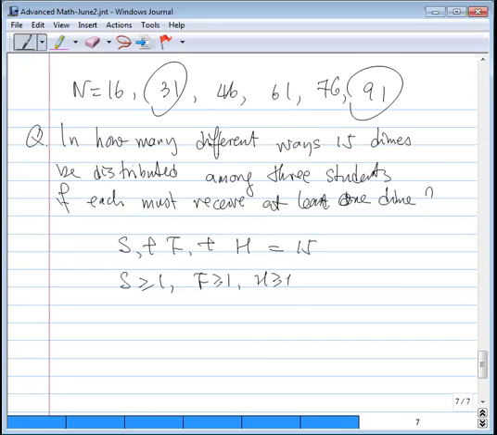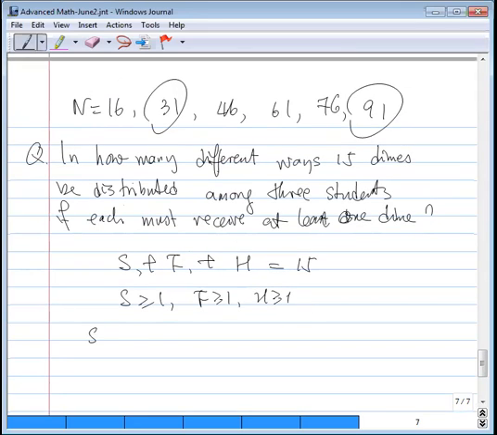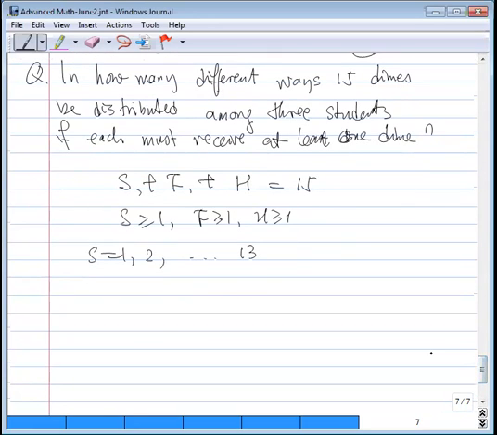You see, you have 3 variables. That's the only problem here. So you have to think about how to let one of the variables be chosen. You have how many choices for S? The smallest value for S and the largest possible value for S. S could be 1, 2. The largest possible value for S is 13, because the minimum value for F plus H is 3. So for each S, you're trying to